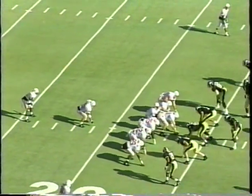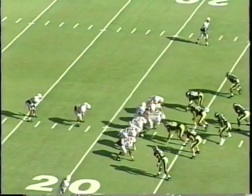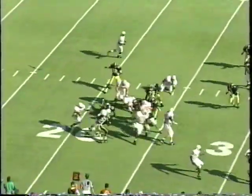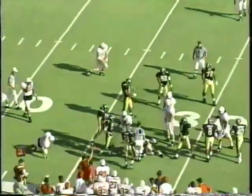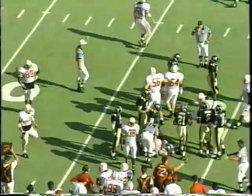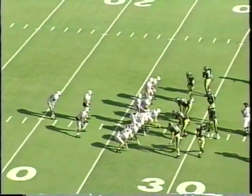In the I. Fullback Lewis. Tailback Brown. In the I pro. Frazier, the freshman, toss sweep right side. Brown's on the carry. He's out to the 25. And he's tackled as he's wrestled to the turf. He falls on the offensive player of the week 2 weeks ago in the Big 8, tailback Derek